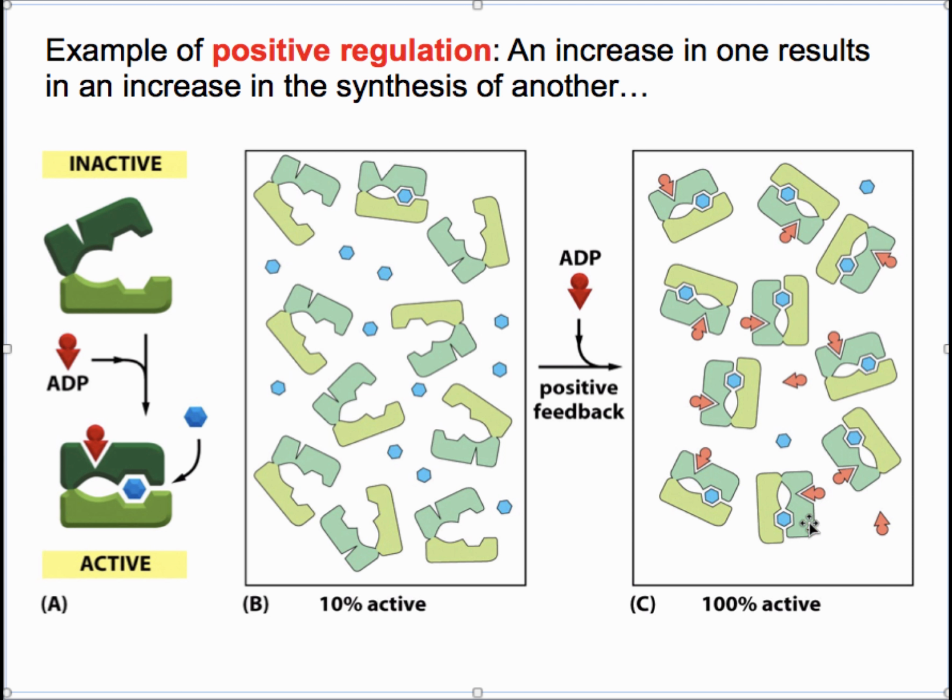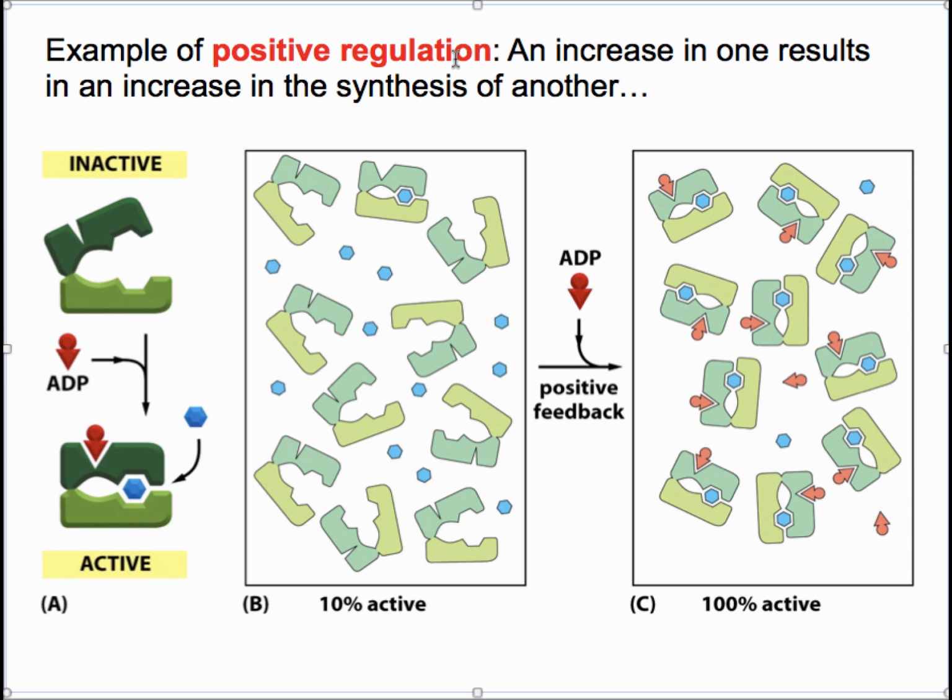And eventually, over time, the concentration of ADP would tend to decrease. They would therefore remove themselves from the allosteric site on this protein, and the situation would then tend to reverse back to panel B. The movement from panel B to panel C in the presence of ADP is an example